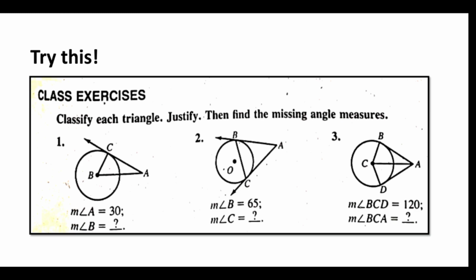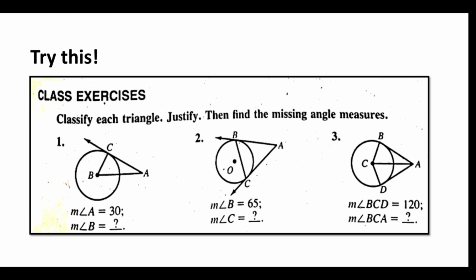So 30 plus the measure of the right angle, which is 90. So 90 plus 30 is equal to 120. So 180, which is the measure of a triangle, minus 120 degrees is equal to 60. So the measure of angle B is equal to 60. Next one,